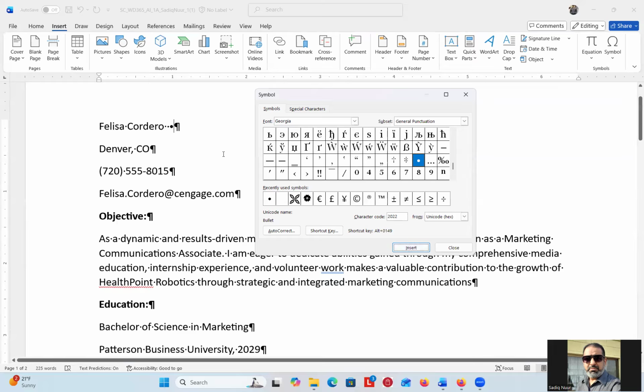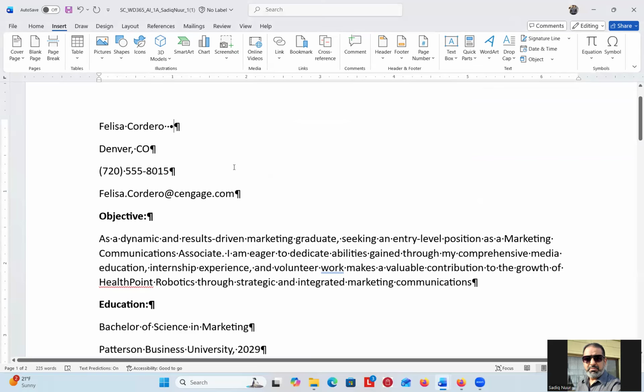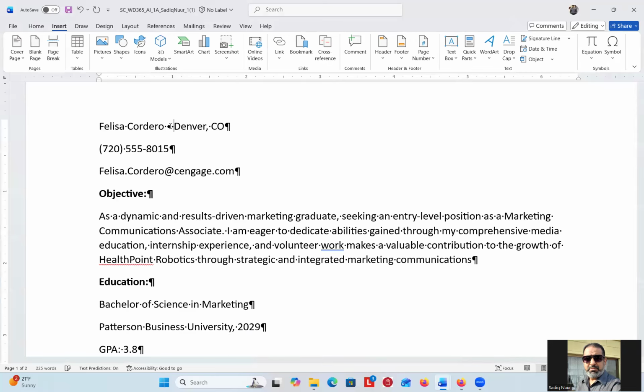Right? So you see I have two dots here. That's the space I have given, so that's wrong. So close this. Now we can delete one of the extra space that we put. There you go. Now space, then delete, right? Then go back here and then we need the symbol again. So click the symbol. Now you have it here, the bullet. So click on it, then space, then delete,